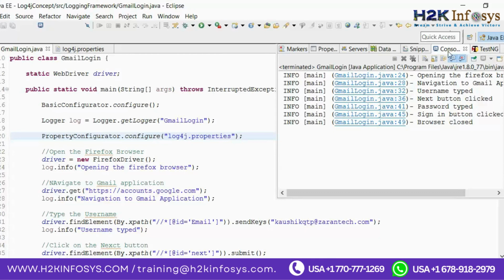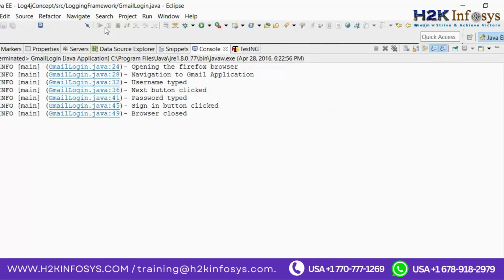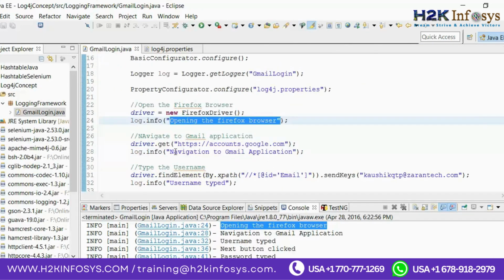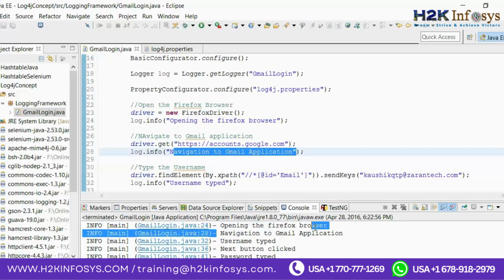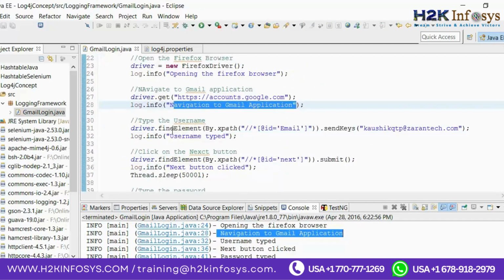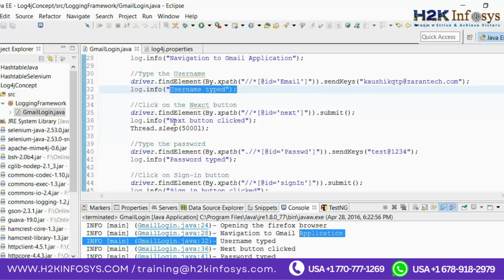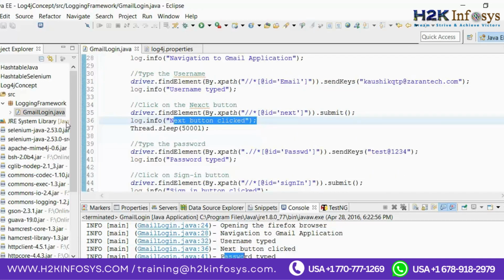Great. You see the logging information is coming in the console. The info level has been used, and this is the logging information that is given: opening the Firefox browser. Then the information was navigation to the Gmail application, that's coming out here. Okay, username typed, then next button is clicked, password. Similarly,